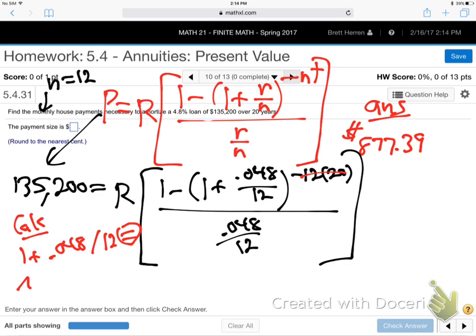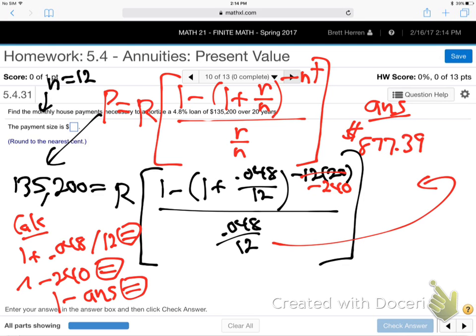Now, this is minus 240, that power. To the power of negative 240 equals 1 minus answer equals, and then you flip up this denominator, times 12 over 0.048, times 12 divided by 0.048 equals, and then